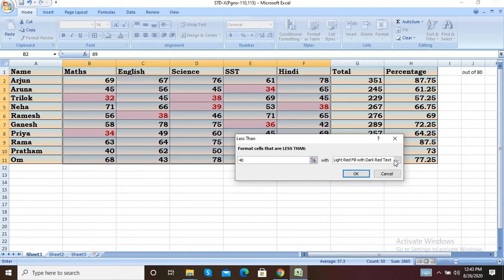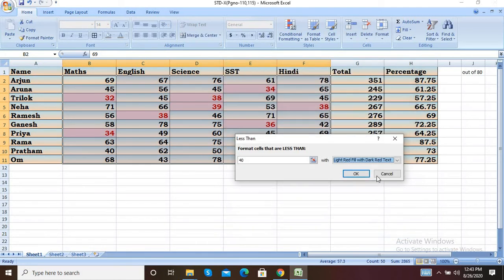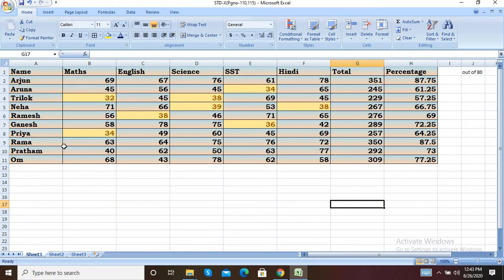Okay, when you select 40, select some color, for example, yellow fill with dark yellow text. So I am selecting this and click on OK. So see the changes. Those students having less than 40 marks are shown in yellow color. Okay.